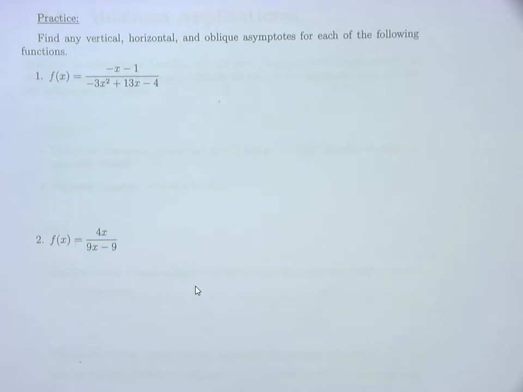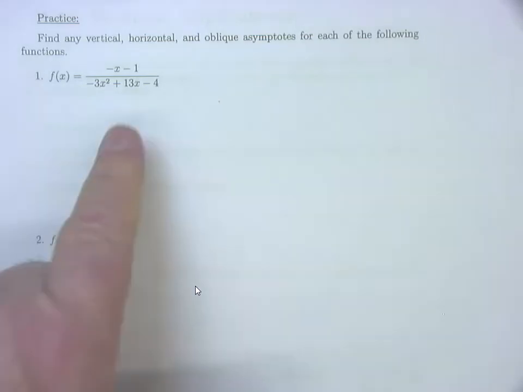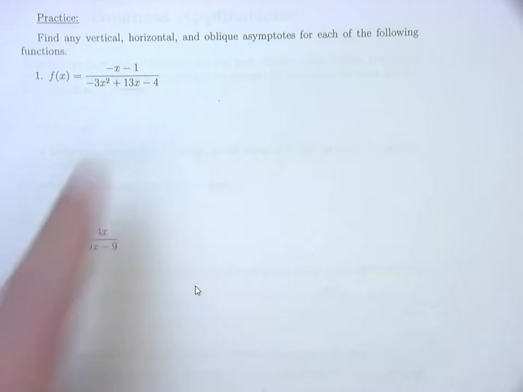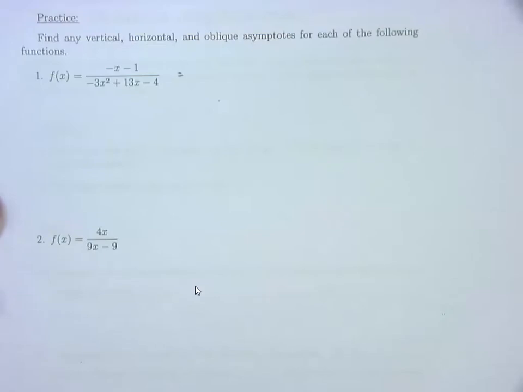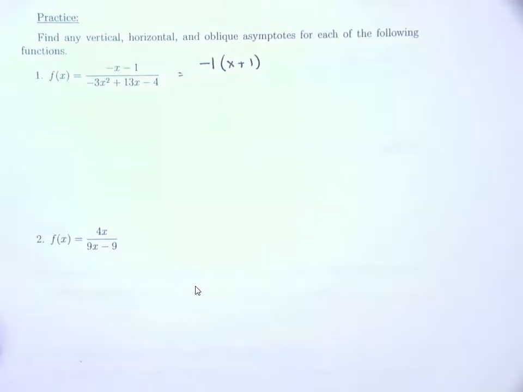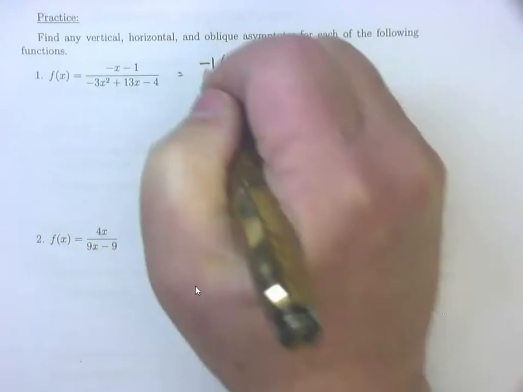First thing I'm going to start with is finding the vertical asymptotes. To find vertical asymptotes, I'm going to take my rational function, factor the numerator and factor the denominator, and then set the denominator equal to 0. And I'm showing you this for a reason. In this particular problem, look at your numerator. I can factor out a negative 1, so I have negative x minus 1 divided by negative 3x squared plus 13x minus 4. Factoring out that negative 1, I'm left with x plus 1, because when you factor out a negative, it changes your signs, divided by